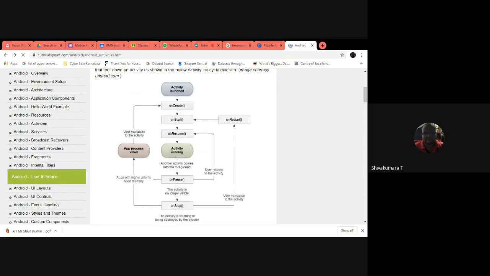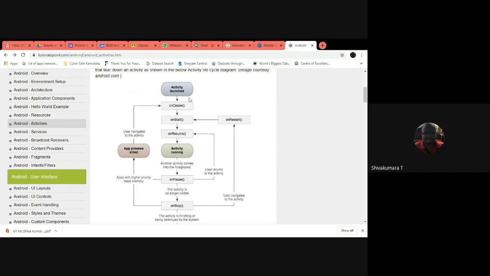How exactly is the activity going to be loaded onto the screen by placing the content on top of the activity, right? So with this example, we will understand what the activity life cycle is.